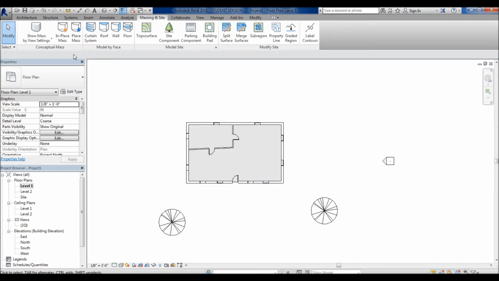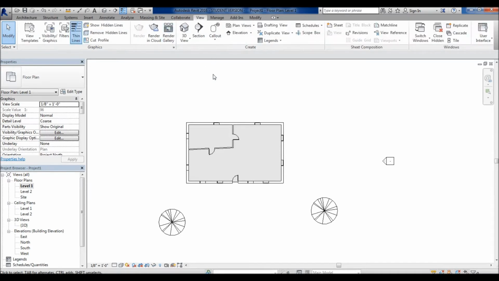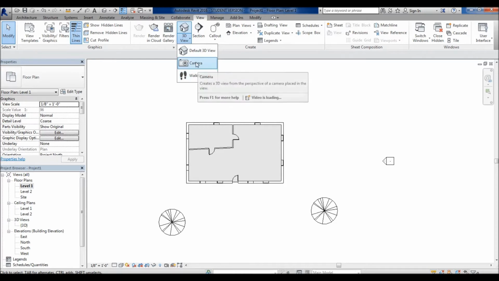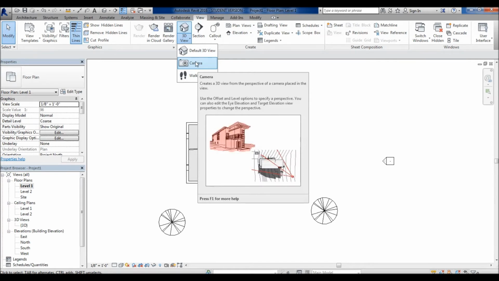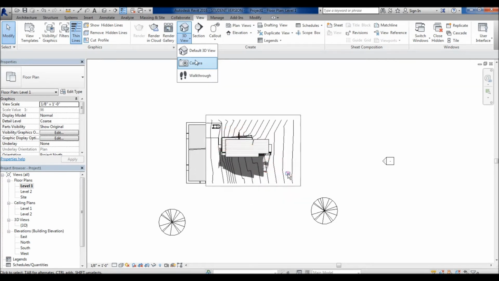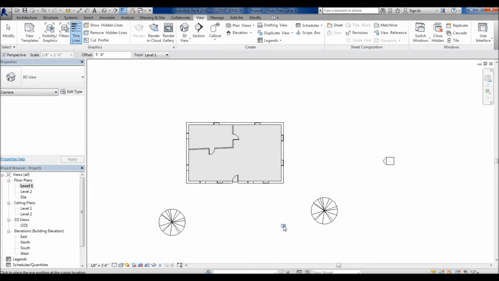So if you go to a floor plan, and we go to View, and under 3D View, if you use the drop down, as you can see, Camera. What the camera does is it allows you to place a 3D perspective view. So if we click on Camera, it's relatively simple to place. The first click is going to be where you're standing with your camera or your perspective view. So if we click here,